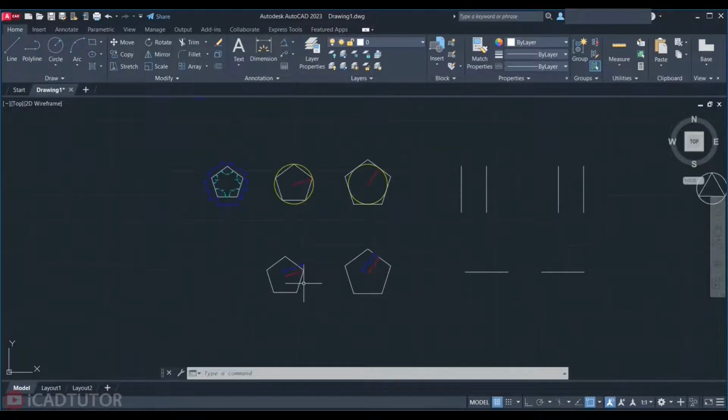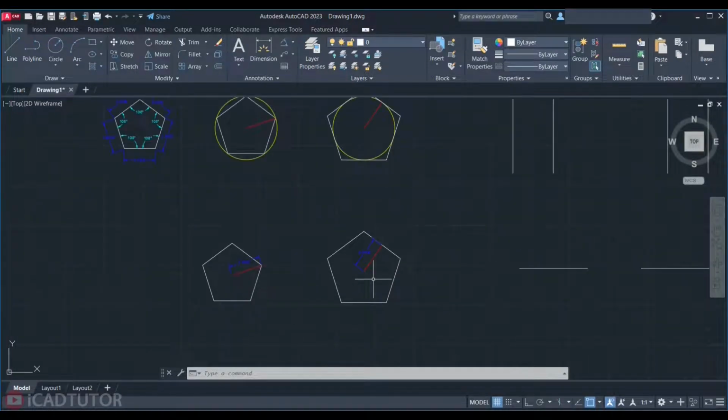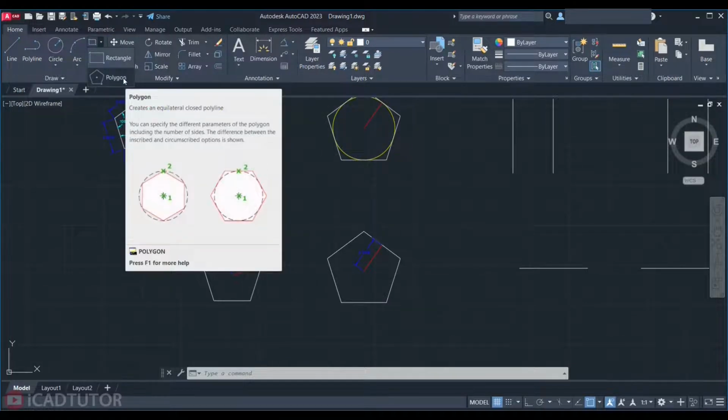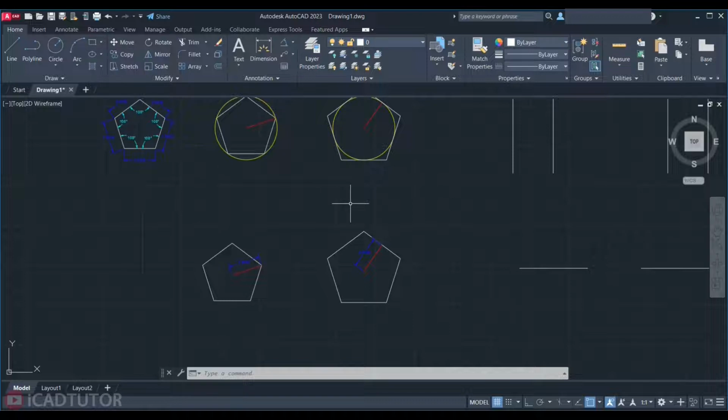Okay guys, now memorize and keep in mind all these concepts so then you can easily draw a polygon. Now let's activate the Polygon tool and start to draw. The Polygon tool is located at the heart of the rectangle tool. Click on the arrow. Do you see? This is Polygon tool. And as you know, I don't click on it to activate it. Instead, I use the shortcut, the first three letters. Type POL, enter,